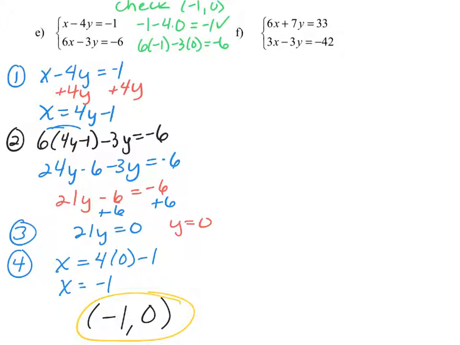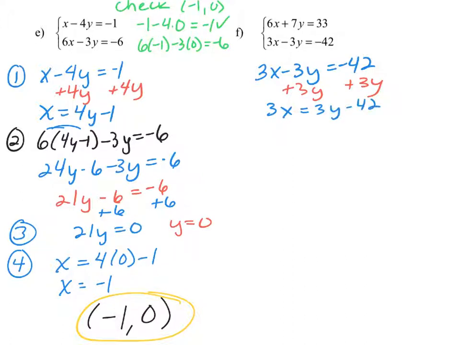6x plus 7y equals 33 and 3x minus 3y equals -42. You can begin with either one of these equations. Looks like the second equation is a little bit easier than the first one, so I'm going to write my 3x minus 3y equals -42, and I want to get one of those variables by itself. Let's say we get the x by itself. To do that, we add 3y to both sides of the equation, and then we get 3x is equal to 3y minus 42, and then we're going to divide both sides of the equation by 3. To get x equals y, you want to divide both of those by 3,